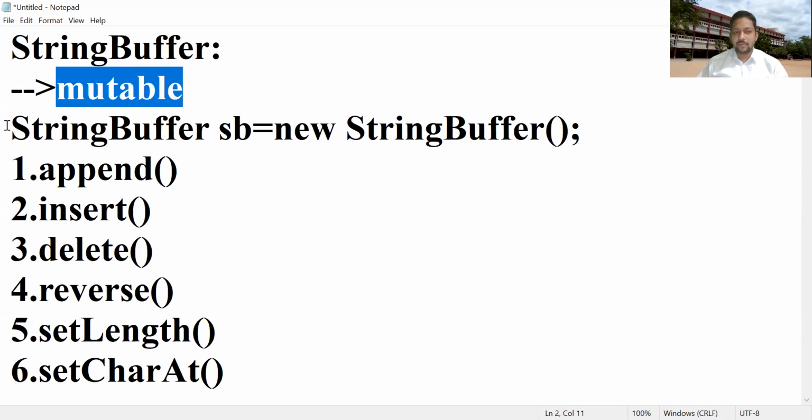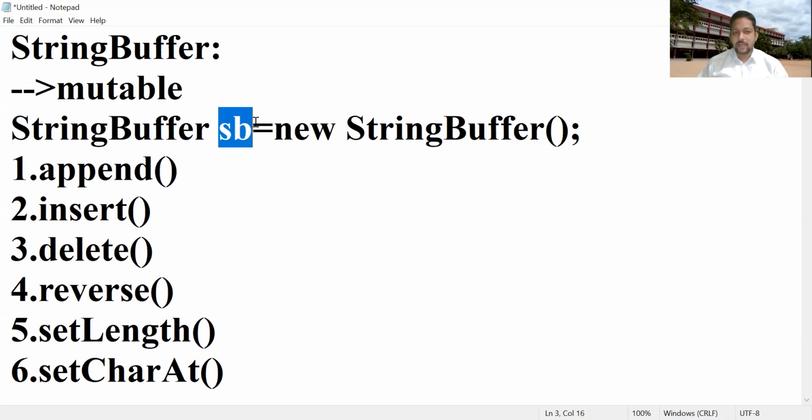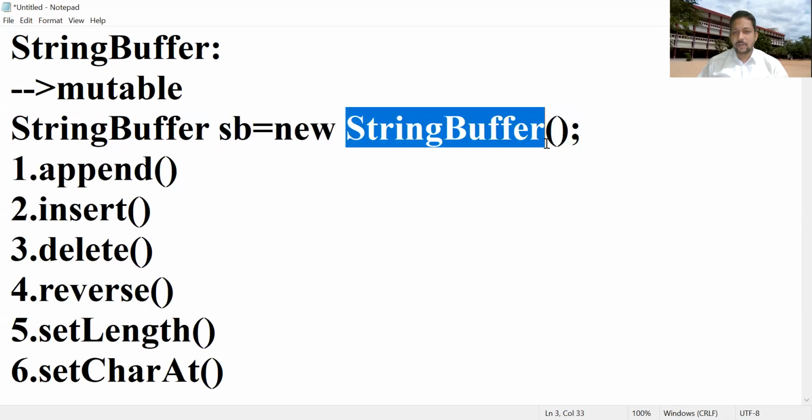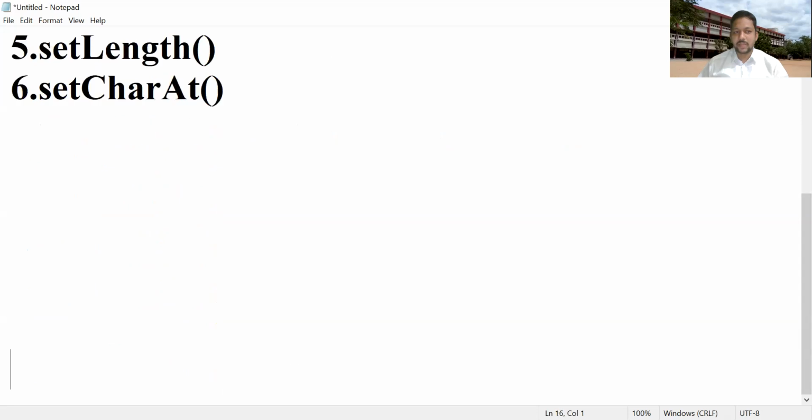To declare: class name, space, object name, any object name, assignment operator, then new keyword, constructor name. The different methods are append, insert, delete, reverse, setLength and setCharAt. Now each and every method I'll explain. Not all, the first few methods I'll complete in this class.